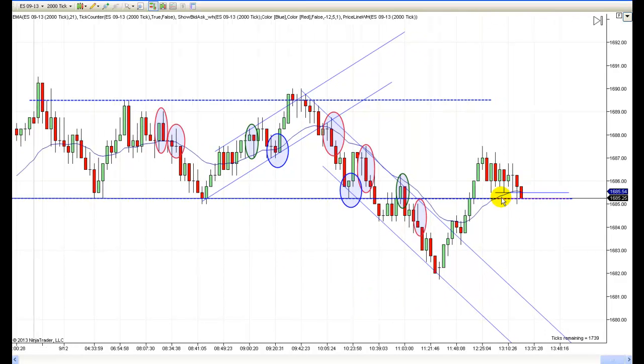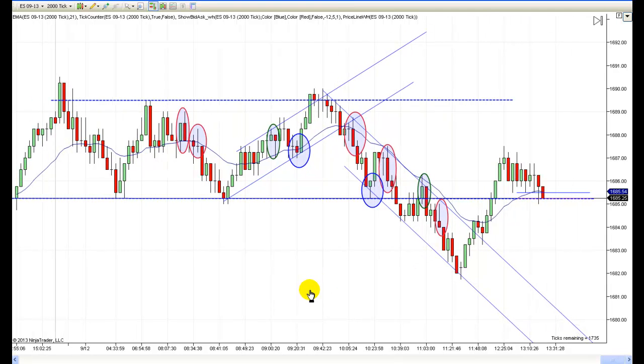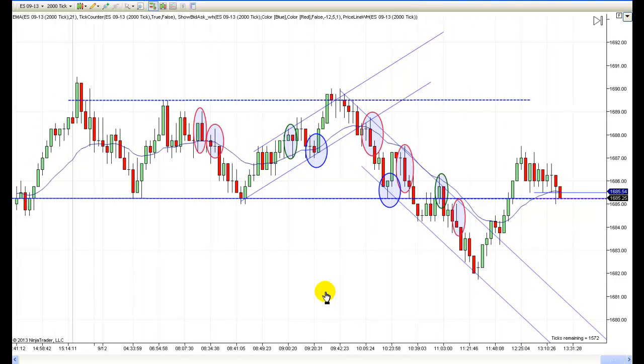But you don't want to be getting short right here. You'd be better off to wait on a breakout pullback short or something of that nature. Of course, you may miss a good trade, but better to be safe than sorry. It's always better to be more conservative than more aggressive, because sometimes you'll pay a price for being aggressive. And again, sometimes by being conservative you'll miss some great trades, but I would rather miss a trade than